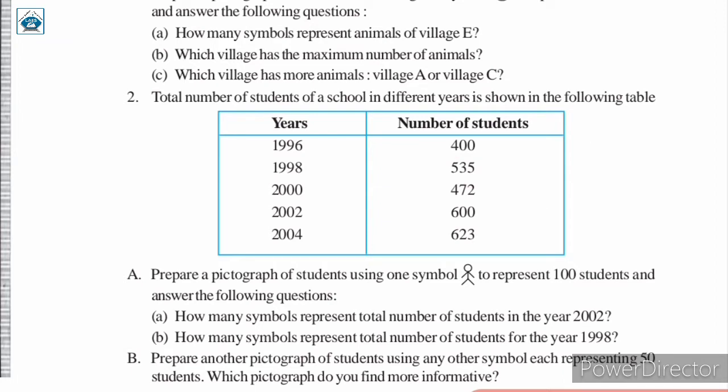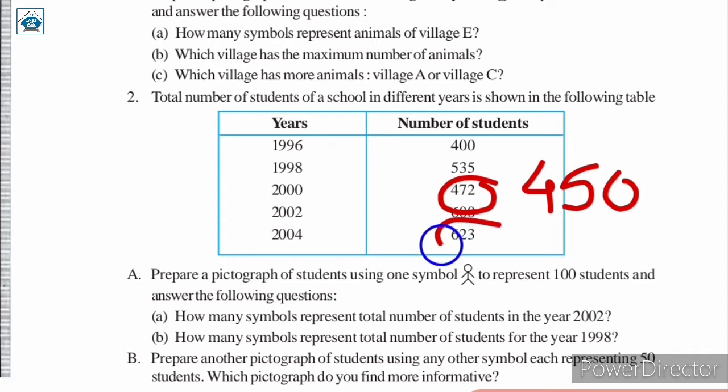And similarly here we have 472. Now 70 is close to 50 than 100. तो यहाँ पर हम इसको round off करेंगे and we will make it 450. Now we can easily represent, and lastly we are left with 623. Now we will round this off to 600 because 20, इसके tens place में जो 2 है, 20 है, that is close to 100. 600 के close है, 700 नहीं बनाएंगे, जो nearest है वहीं पर round off करेंगे.